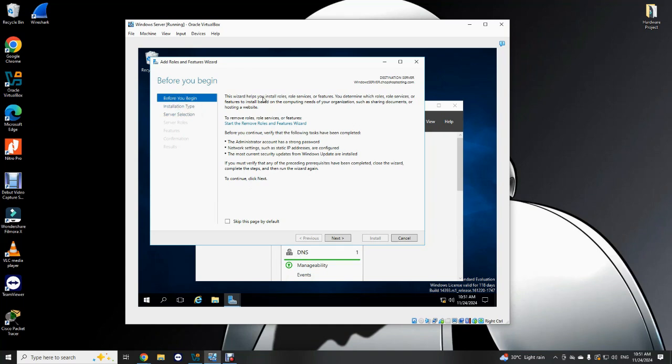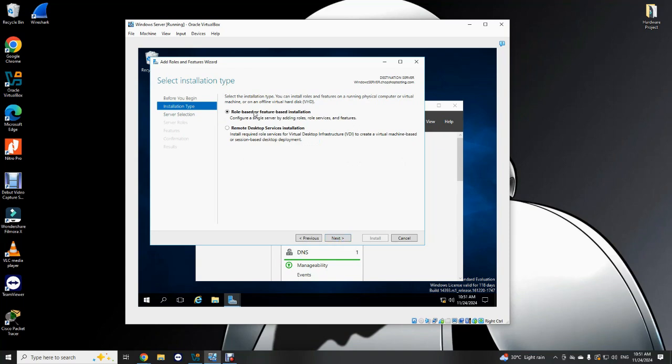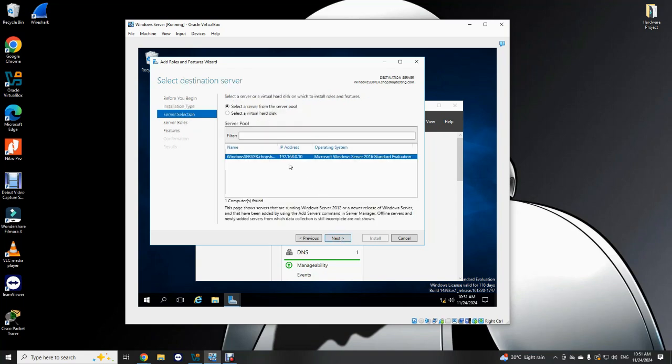Alright, this will give you a wizard that will come up. You click Next. Role-based or feature-based installation is the setting that we're gonna go with. Hit Next. Right, and we already had from the previous videos, we've already installed a domain which was chop shop testing, and it has its own IP address. Right, we're going to click Next,